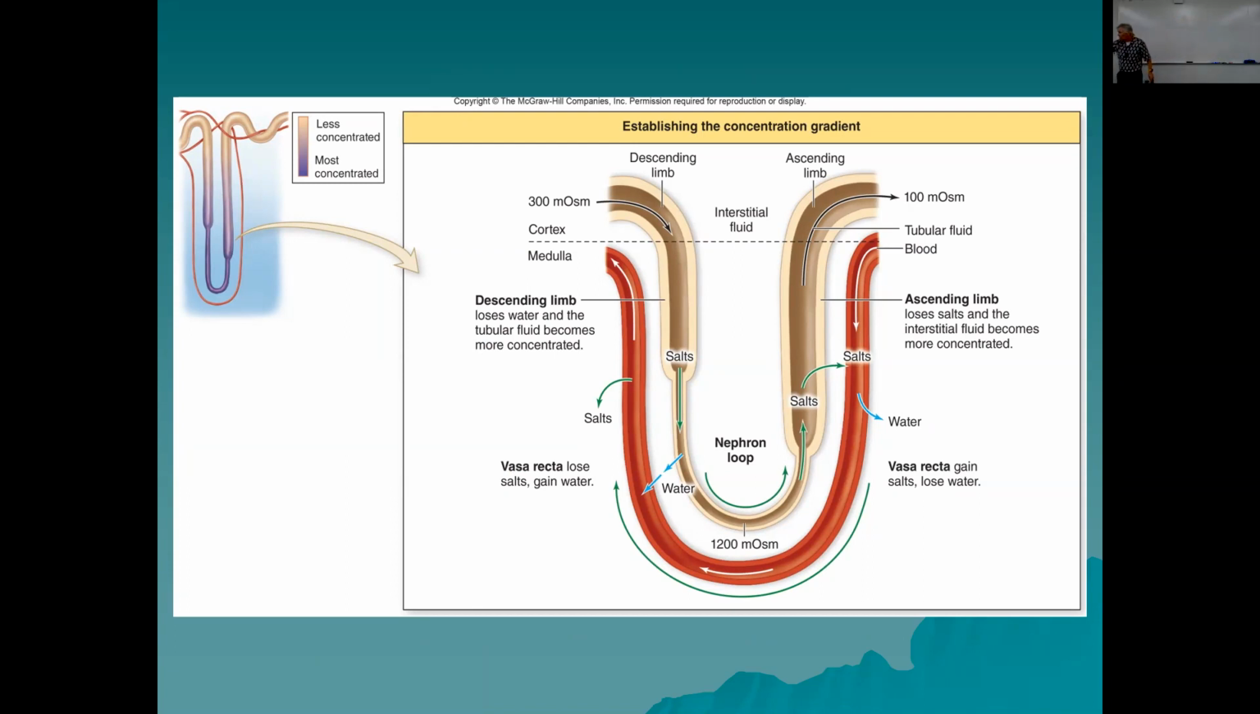And this is how... notice that the osmolarity of the fluid that's entering the descending loop is 300 milliosmoles. That is the same osmolarity as your blood, and the osmolarity of the fluid in the proximal convoluted tubule. Notice as it goes down into the medulla, the descending loop, that